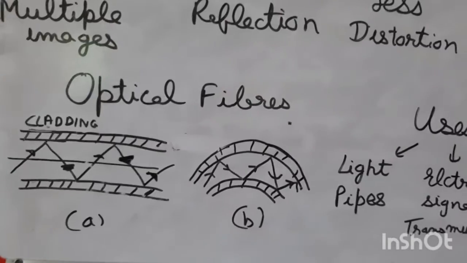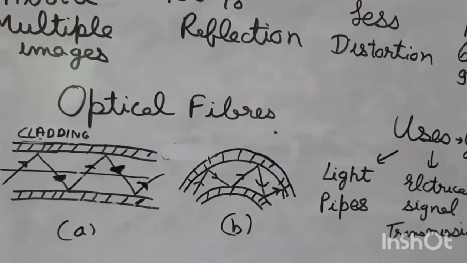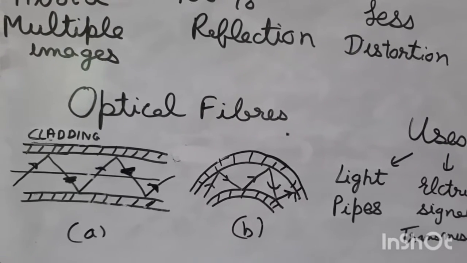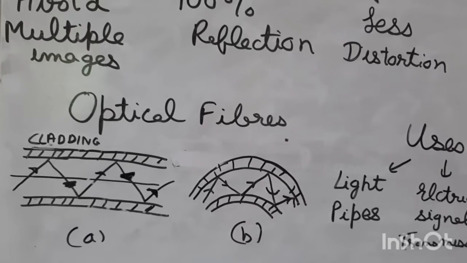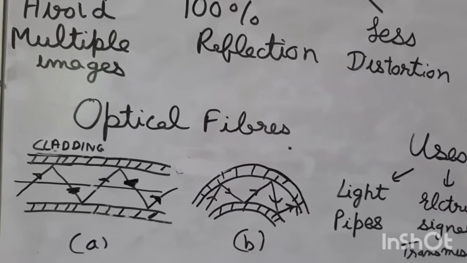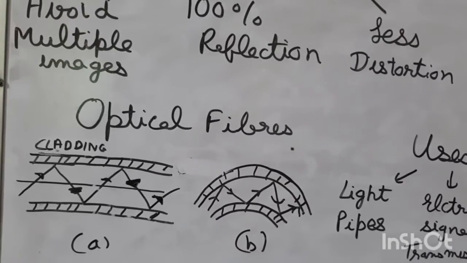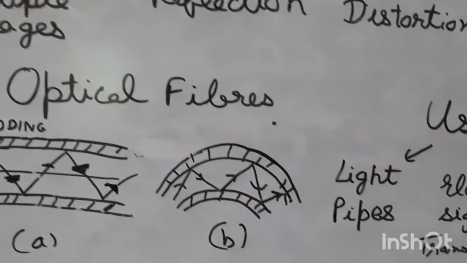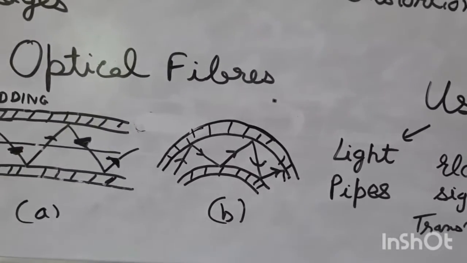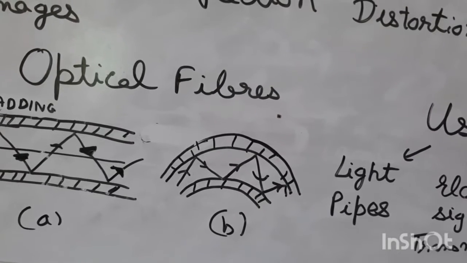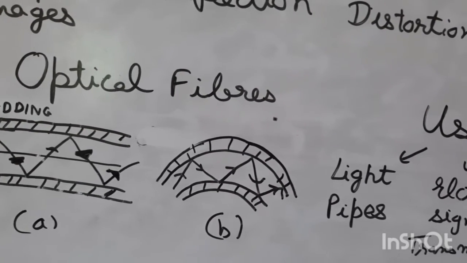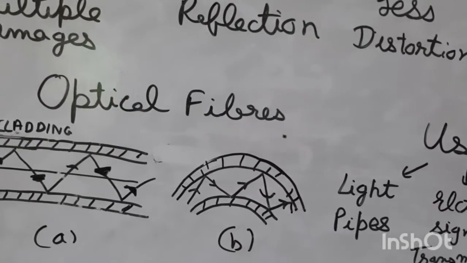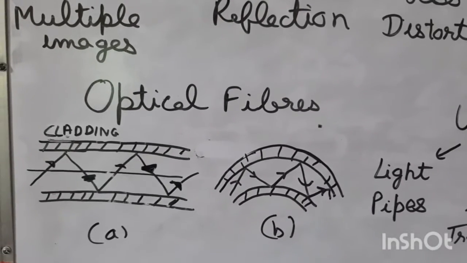Now we will discuss how the light propagates through the optical fiber. When light is incident at a small angle at one end of the optical fiber, it gets refracted into the core and is incident on the core cladding interface. Due to the cylindrical symmetry of the optical fiber, it is internally reflected, as you can see in figure B, where I have shown you how it has the cylindrical symmetry, and the ray enters and goes on internally reflecting and finally comes out of the other end. So this is the whole concept of optical fibers.